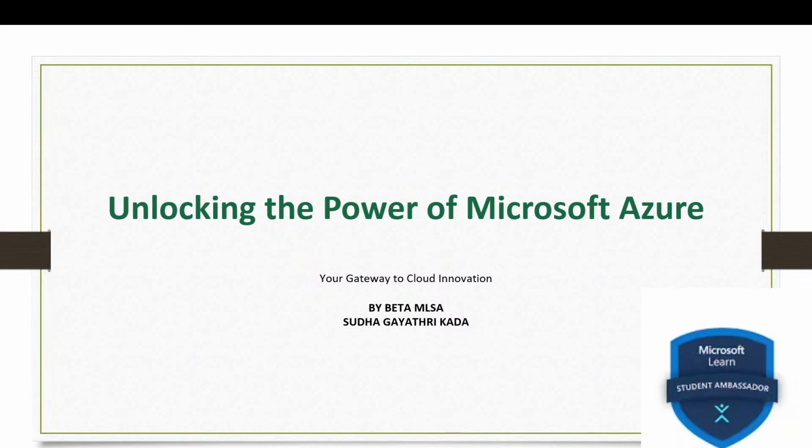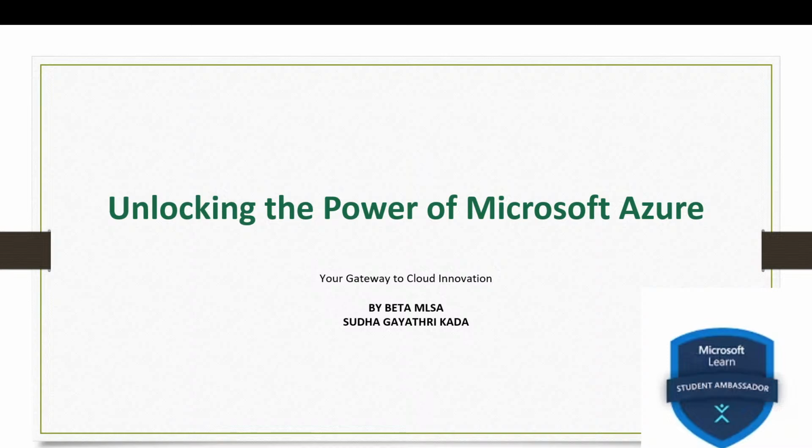In today's rapidly evolving digital landscape, cloud computing is becoming increasingly crucial, and Azure, Microsoft's cloud platform, stands out as a key player.